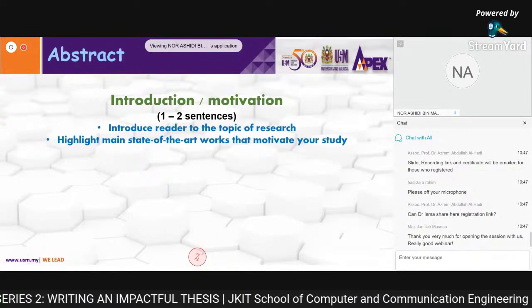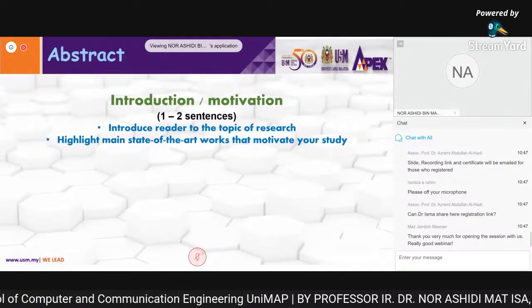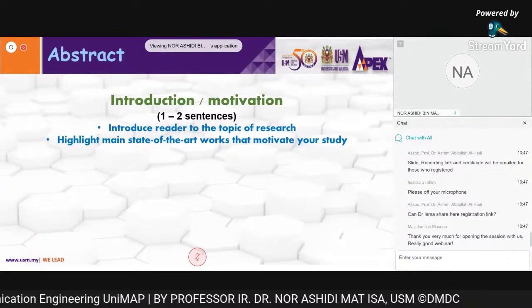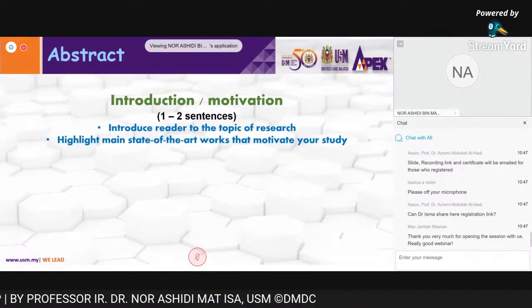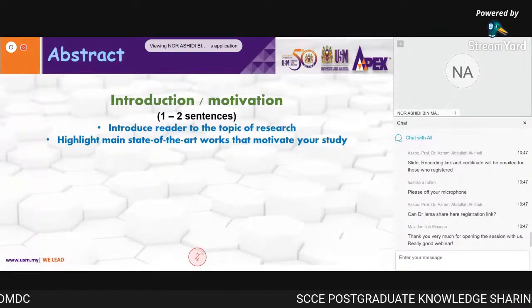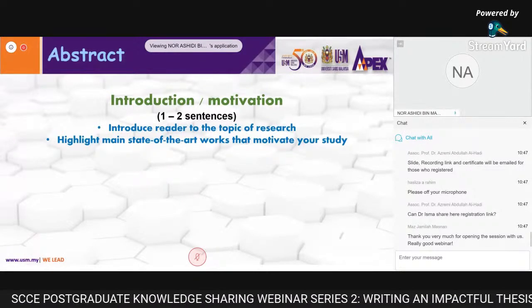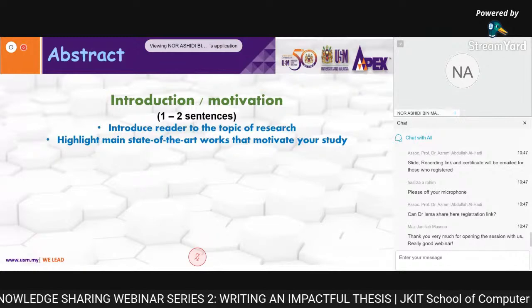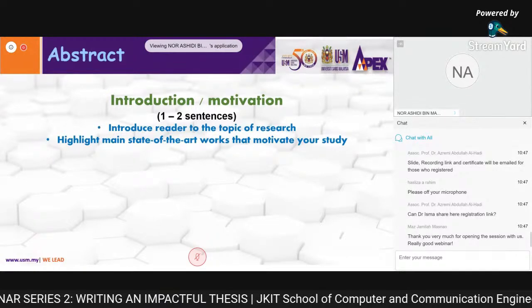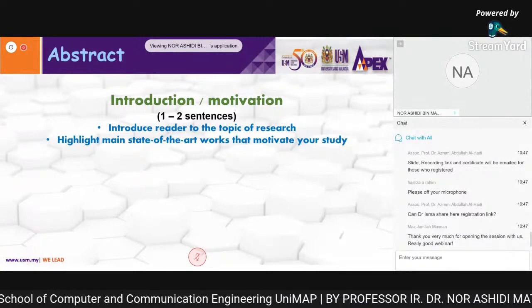So the topic you want to check is cervical cancer. What is the problem of manual diagnosis? Then highlight that people have worked toward an automated system, which is more objective and not time consuming. So 2 sentences is enough. Just give the general idea. Okay, we don't want to have very much detail. If we want detail, we will move to chapter 1 later.